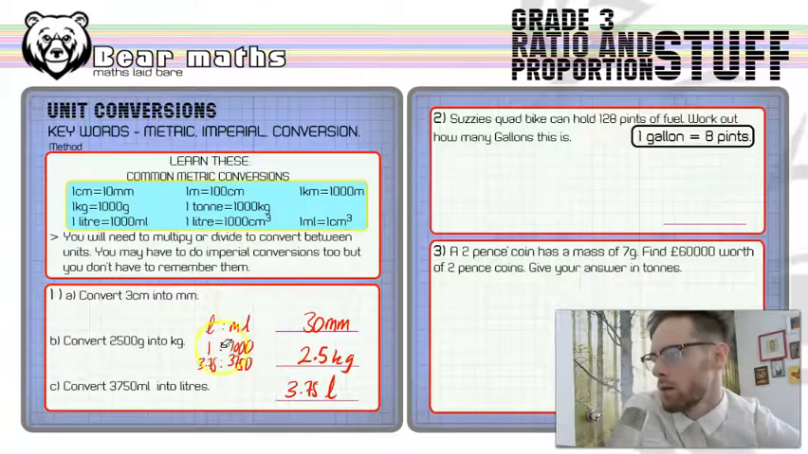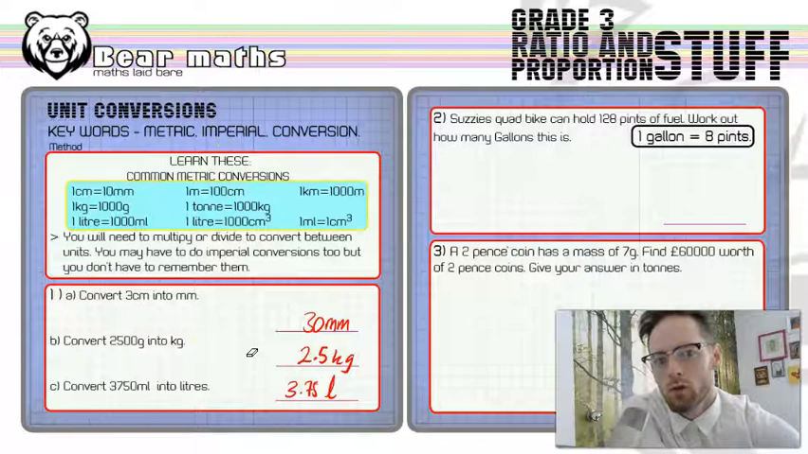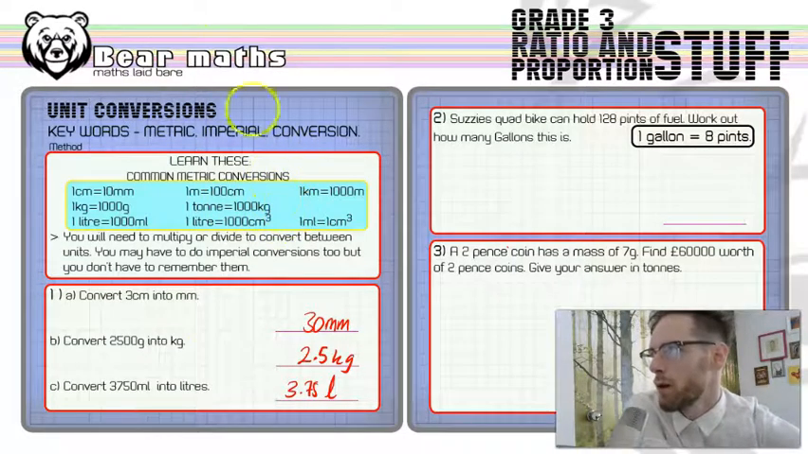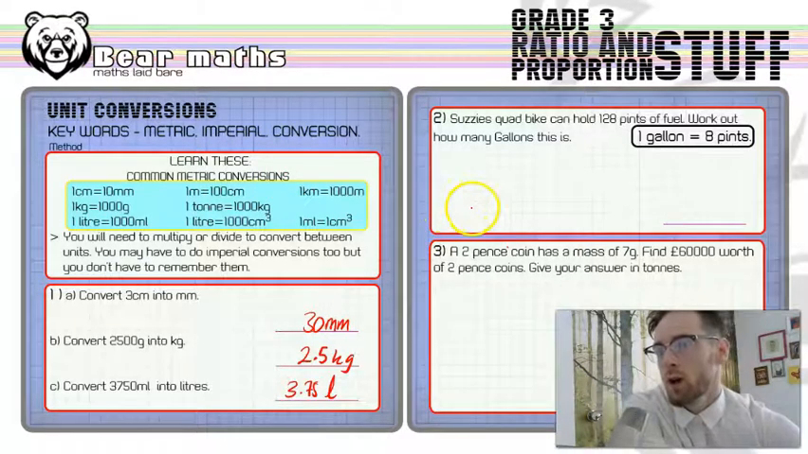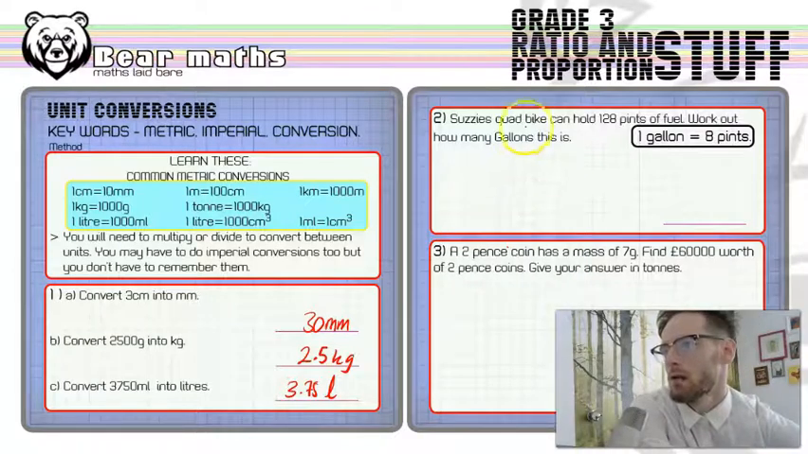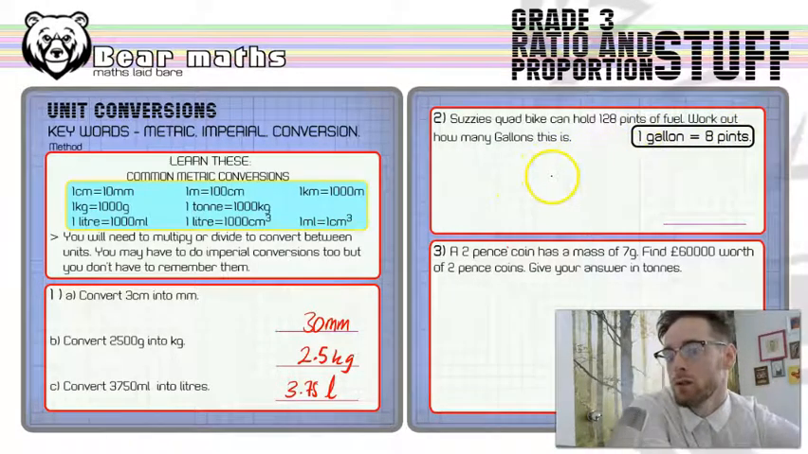So it's either multiplying or dividing by some power of 10 to do your metric conversion. Okay, learn those and you'll know what to do. All right, now number 2. Susie's quad bike can hold 128 pints of fuel. Work out how many gallons this is. So we've got the imperial conversion here. We've got that 1 gallon is equal to 8 pints, which is really nice because that helps us solve the